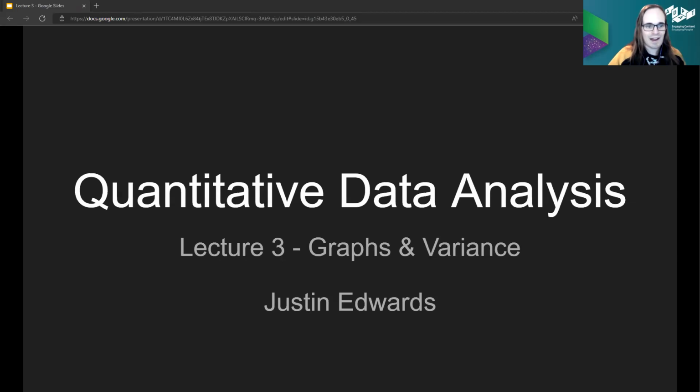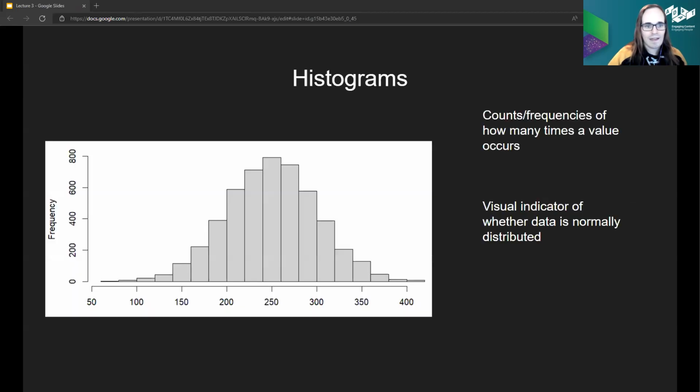Anyway, with all of that out of the way, why don't we get started with our first graph of the day? And our first graph will be a histogram. In this class, every time we get a new data set, it's always good to visualize that data set. There's a few pieces of code that I pretty much always run when I get a new data set. So I showed you a couple of them last week, the head and tail, but I also run things like